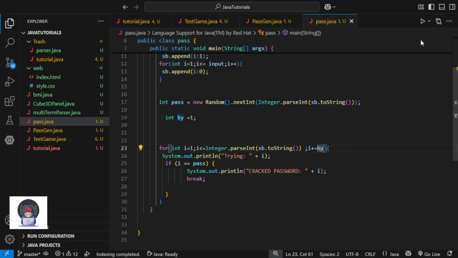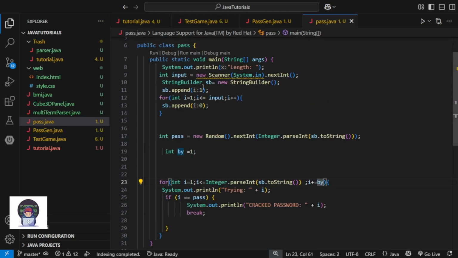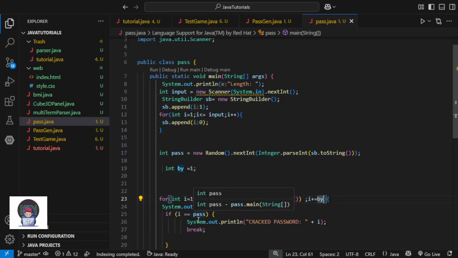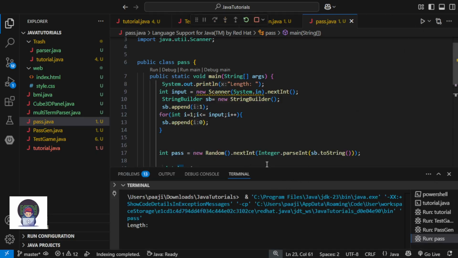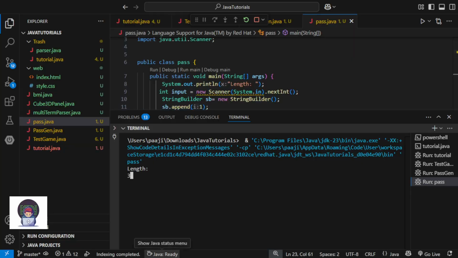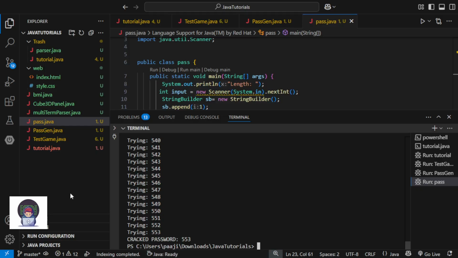So what this does, first it asks you for a length. Let's say I took 3, so it will take 100, because it is a 3 digit number. So it will take a random 3 digit number, so 783, 173, for example. And then it will brute force guess it. It will act like it is a password. So let's say this, and you saw that it did that in less than half a second.